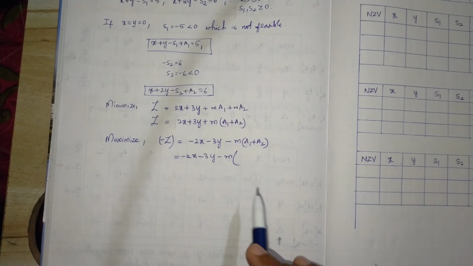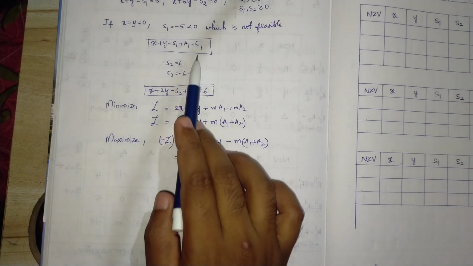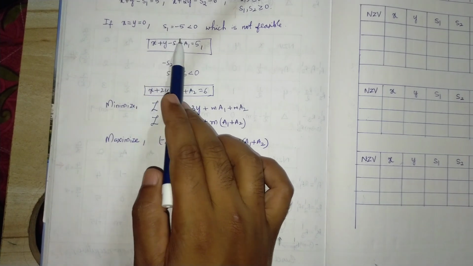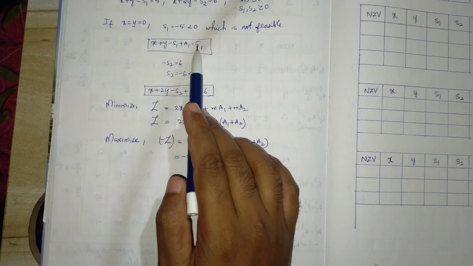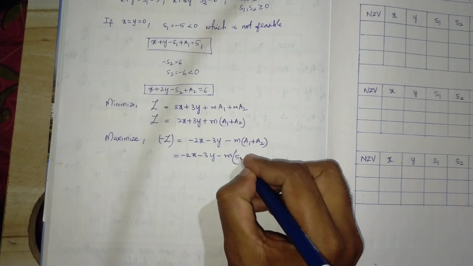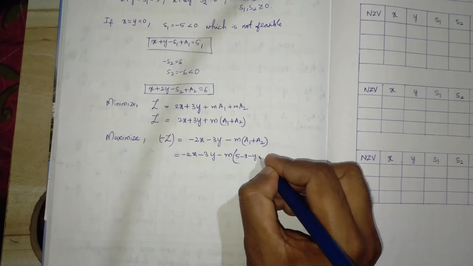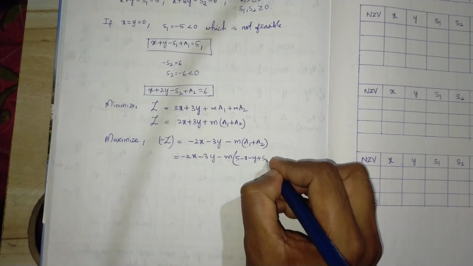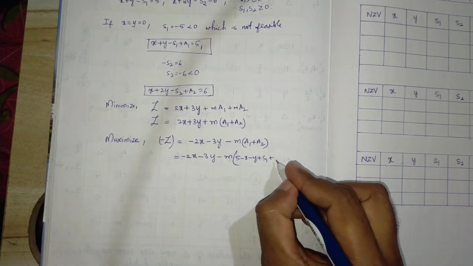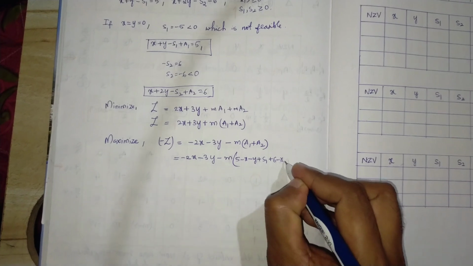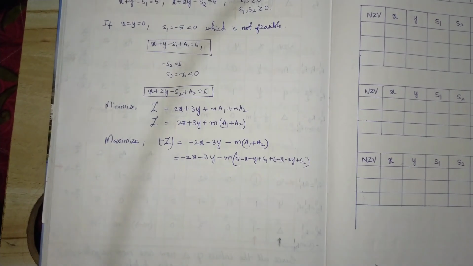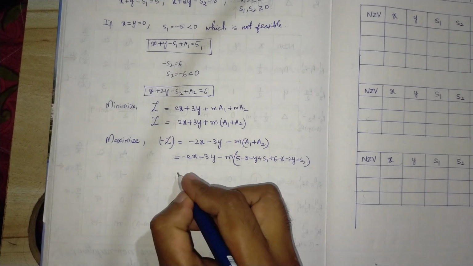What is the value of a1? Look at this here, we used a1. So let us shift all these terms to the right hand side. It is 5 minus x minus y plus s1. Plus, what is our a2? Let us shift this to the right hand side. It is 6 minus x minus 2y plus s2. Now on simplification we have,